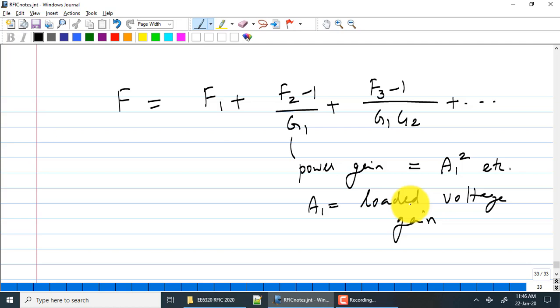Because you can calculate the total noise figure F, cascaded noise figure. Again, what I said was that even if the intermediate impedance is different, the Friis equation in this form assumes that everything is 50 ohms. Factors F1, F2, F3, etc. are all defined for 50 ohms and the intermediate impedances are all 50 ohms. So this is called the Friis equation. This is defined for 50 ohms as we have derived it. Because we took each two port in turn, drove it with RS and found out the noise factor. That is the way we have defined it right from scratch. If your intermediate impedance is not 50 ohms, this will give you the wrong noise figure or noise factor